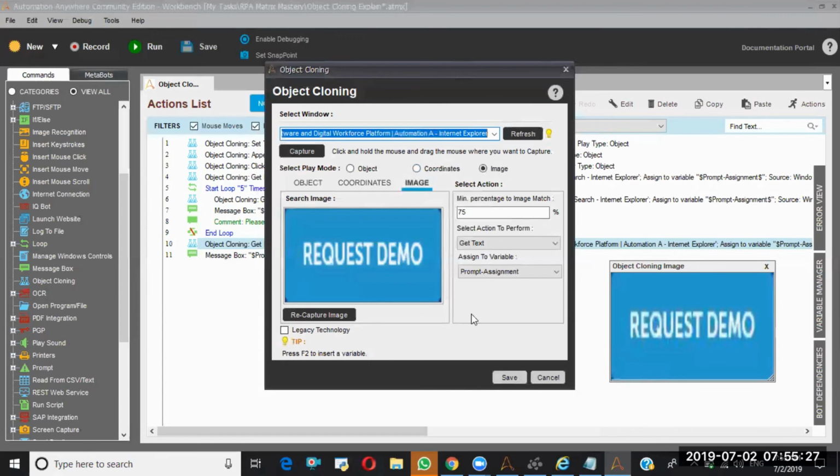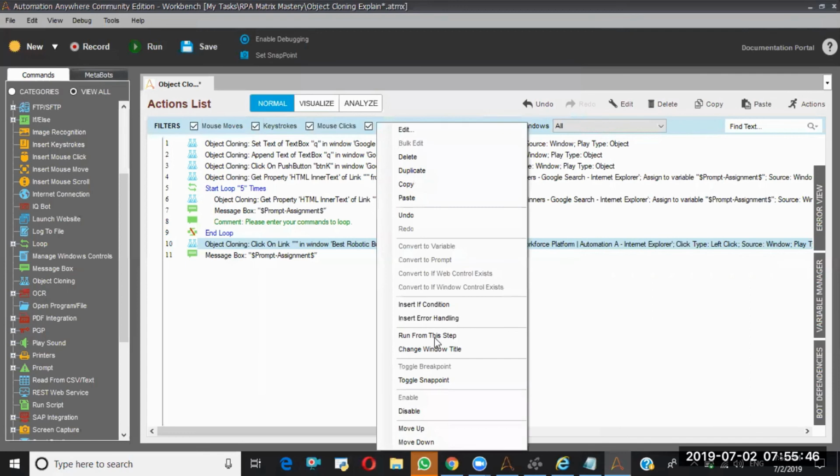So like this, object cloning will work. So if I say instead of get text here, if I say perform the middle click, left click, okay, left click, if I say run from this step.